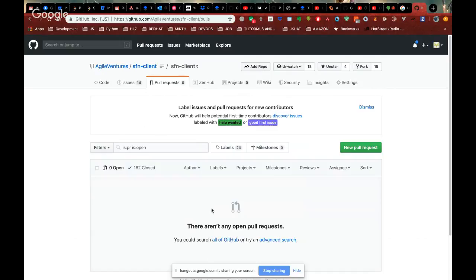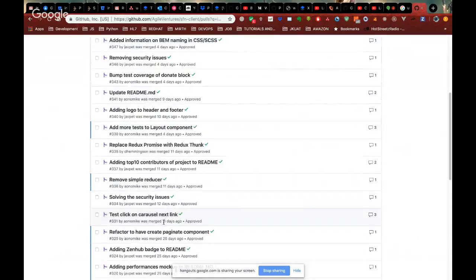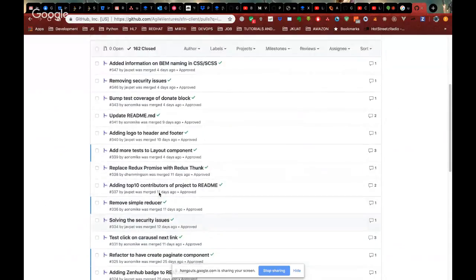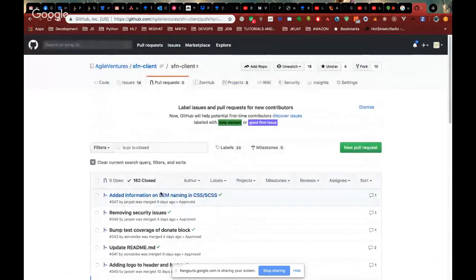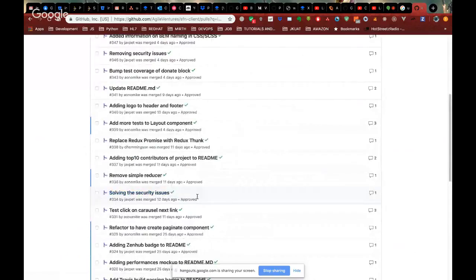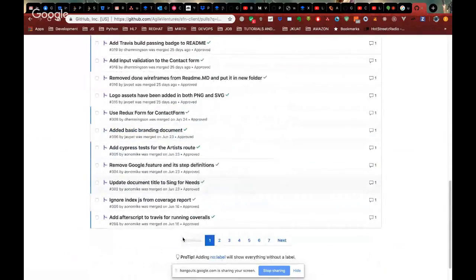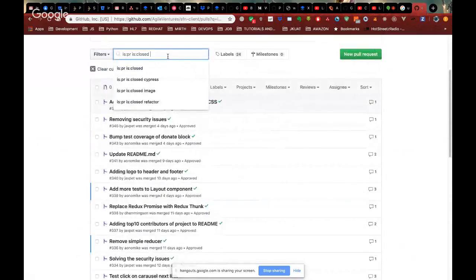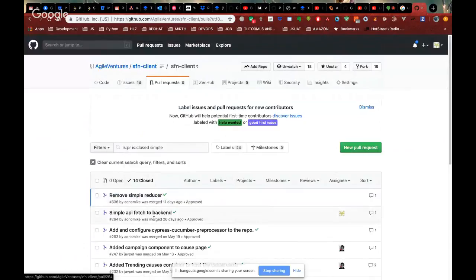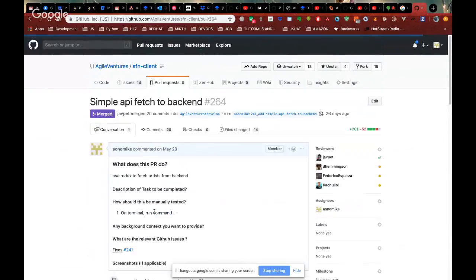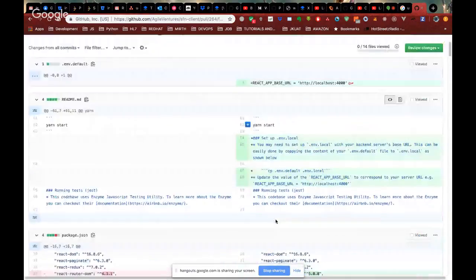Yeah, so he looked at the closed ones again and scrolled down, and I think he noticed the simple API fetch from the backend. Where is that? I can't even see it now. But I think guys from the US read stuff so fast. There's something about them, you're just able to look and read. Yeah, so simple. Then he picked this one and came to the files changed and started looking at the code